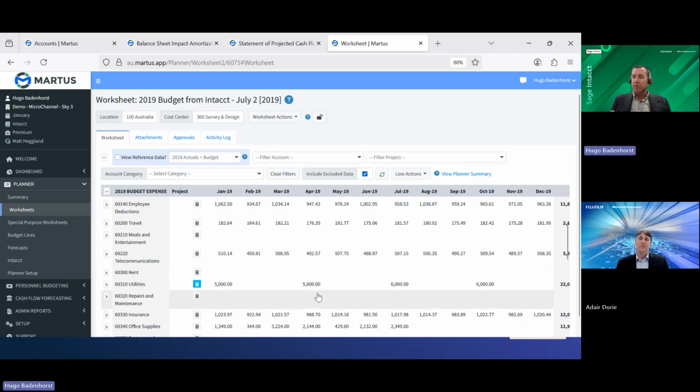So, a number of tools to automate and assist the process of budgeting, and it brings through the collaboration side of things as well. You've got team members contributing to the budget process, they're putting in their values, and then ultimately submitting that through for approval before it's finalized and comes into the application as an approved budget. There's a few more aspects to this to automate a number of things, but I think just from a starting point of view, the idea there, we've got the budget worksheets, we can actually jump in and collaborate around that process as well.